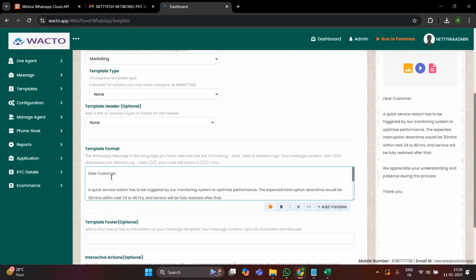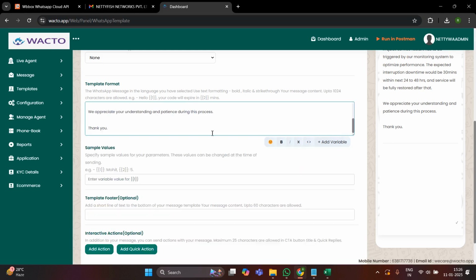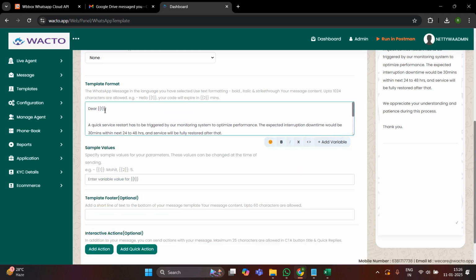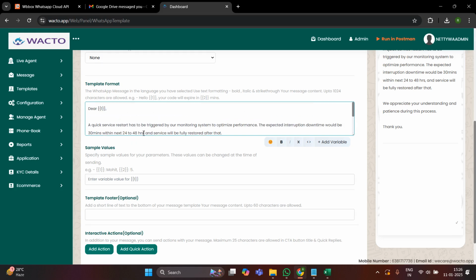wherever the area that we need to add a variable instead of a static word, we have to add variables there. For example, in this content, instead of customers, I want customer's name to be here, so I'm going to add variables here. So I have deleted that customer word and I'm going to add variable here. So you can see variable 1 is added here, and in the timing,